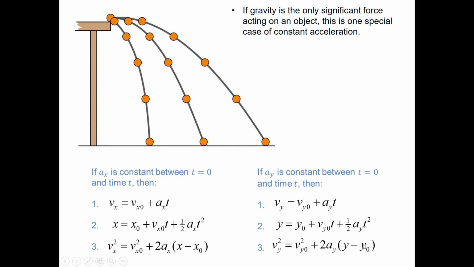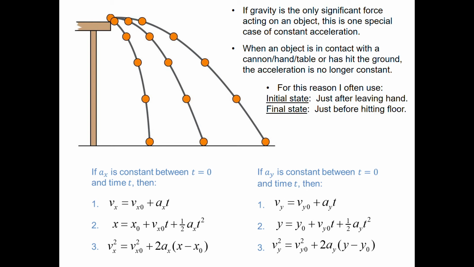Now, applying these, it's crucially important to notice that the assumption that the acceleration is constant means that gravity can be the only significant force in between t equals 0 and the later time t. And that means that if someone is throwing a ball up, you can't include the time that their hand is in contact with the ball. Or you can't include the time that the cannon is actually pushing on the cannonball to get it started. Or you can't include the time when the ball is still rolling on the table,